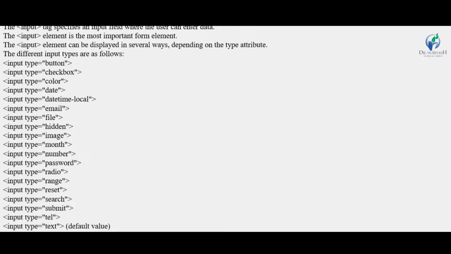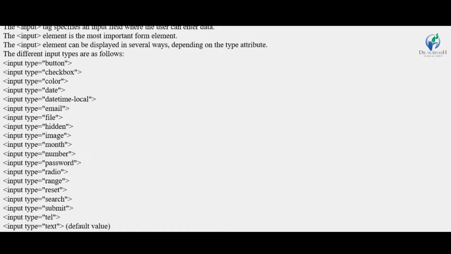The input tag specifies an input field where the user can enter data. Input fields have different types like button, checkbox, color, date, datetime-local, email, file, hidden, image, month, number, password, radio, range, reset, search, submit, tel, text, etc. Different input types are used.